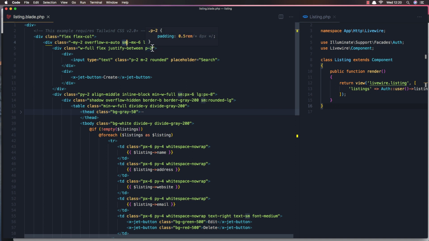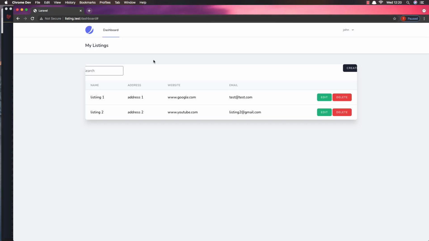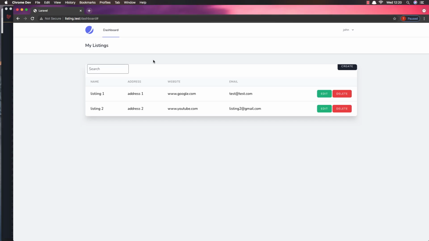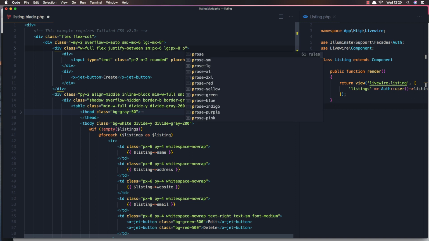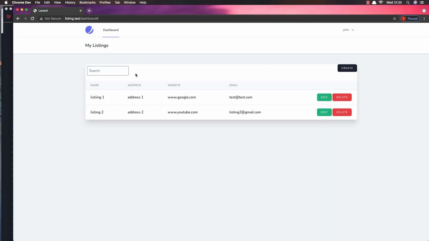So we need to add here what we added here. Save and refresh. And this is better, but not yet very good. We need to add the py-2, save and refresh. And now the search is okay, but the button is not